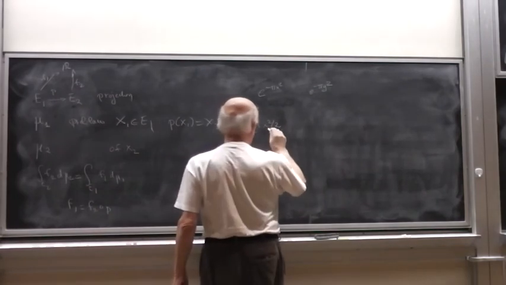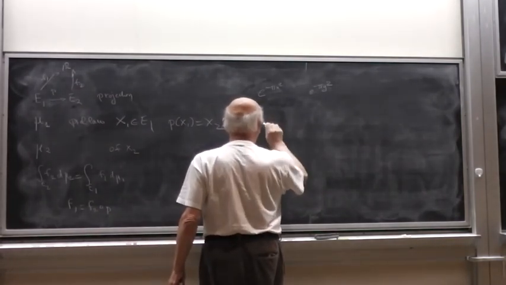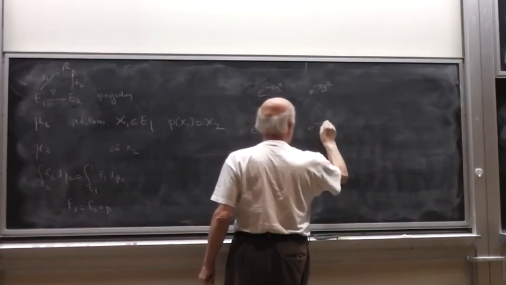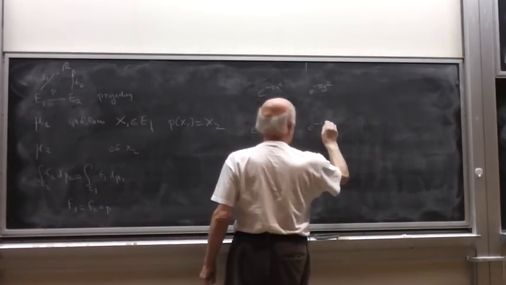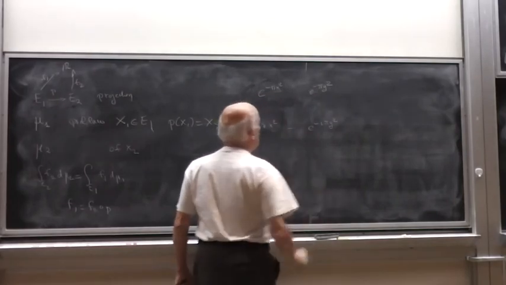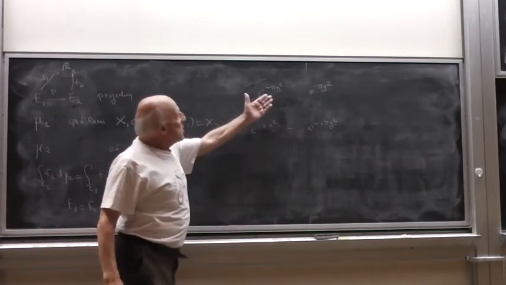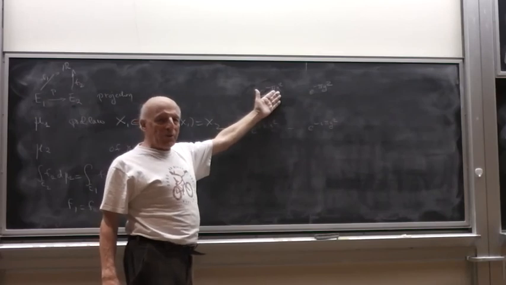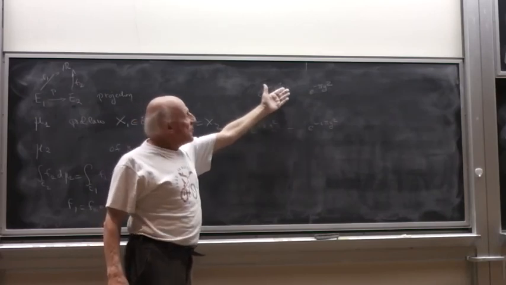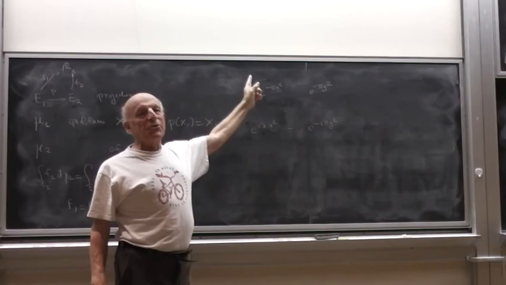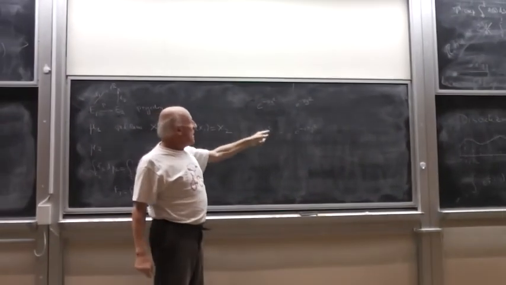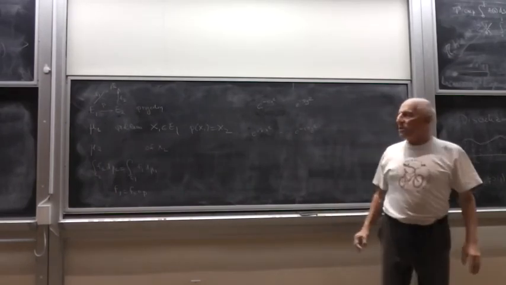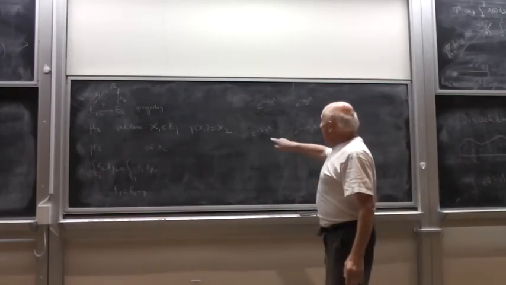And similarly, e to the i pi x squared has Fourier transform with i changed to minus i. What is the advantage? If I replace a number x by a vector, x squared by the dot product of the vector with itself, the formula is true independently of the number of dimensions. That's the advantage; that's why we choose this normalization. Okay, so now we are